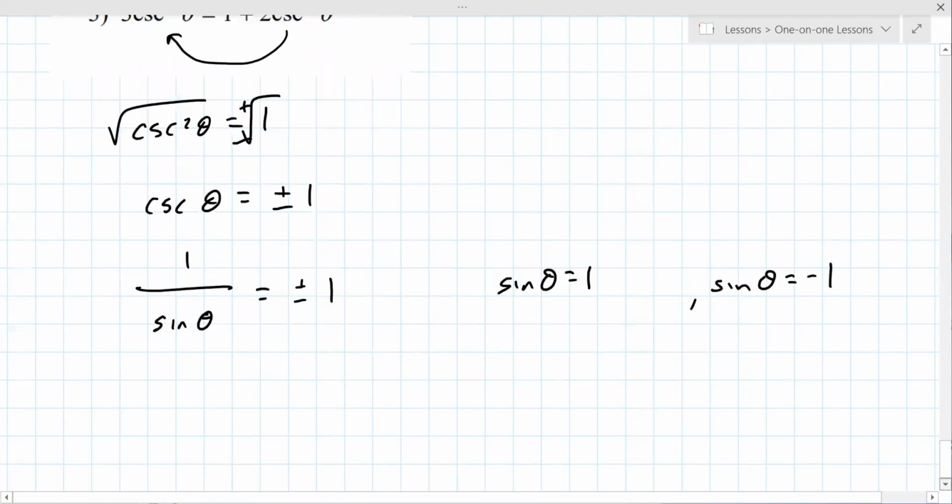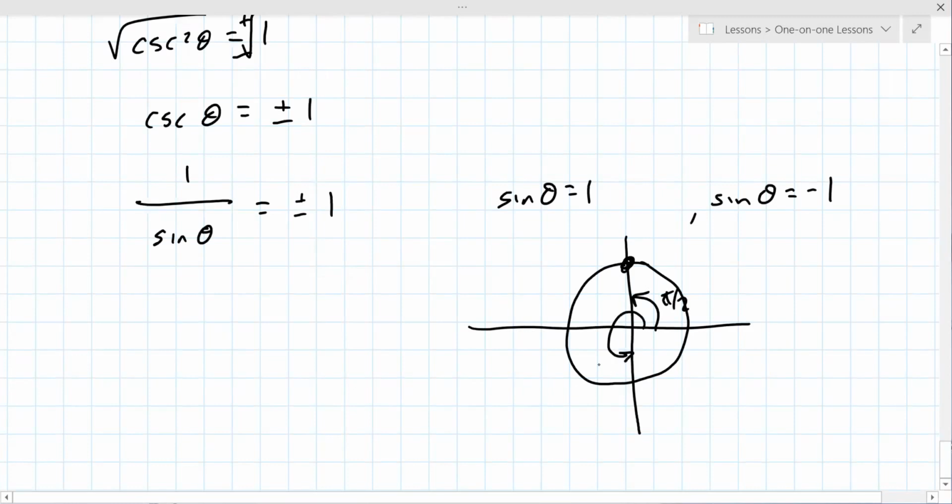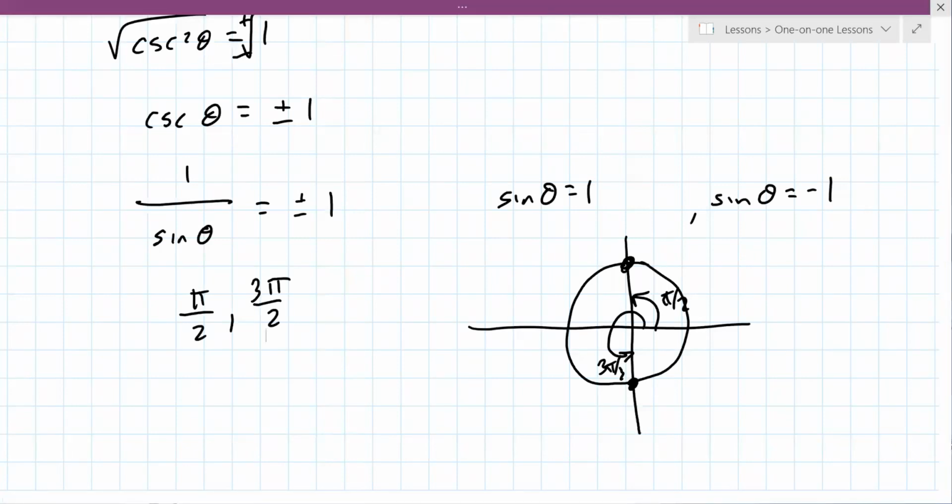Okay. So where on the unit circle, sine is the y value, where on the unit circle is it 1 and -1? Well, it's up here, for y, so 1 and -1, and then down here for those two. So pi over 2, comma 3 pi over 2. That's the end of that, right? That's it. Sometimes they have 1, sometimes they have 2. There's not really a good way to tell you ahead of time how many solutions they're going to have. It kind of is, but